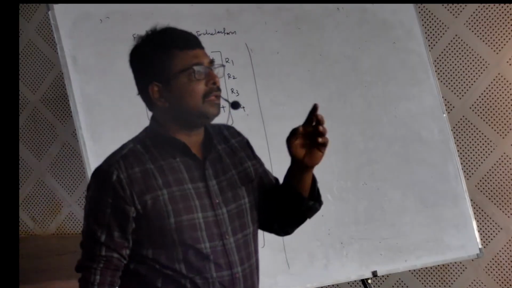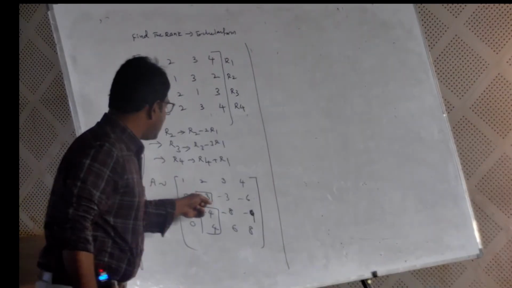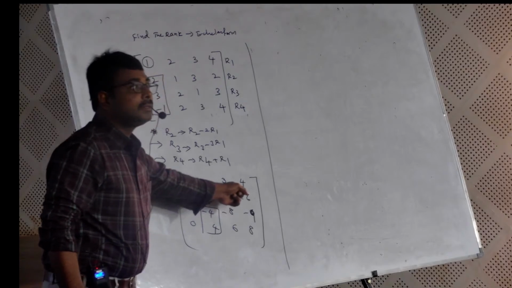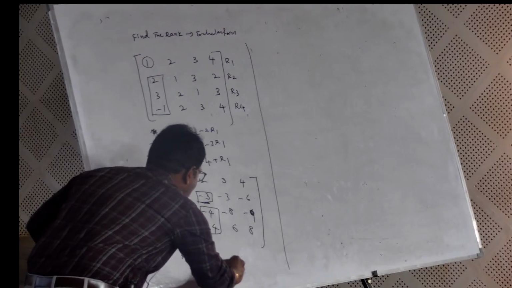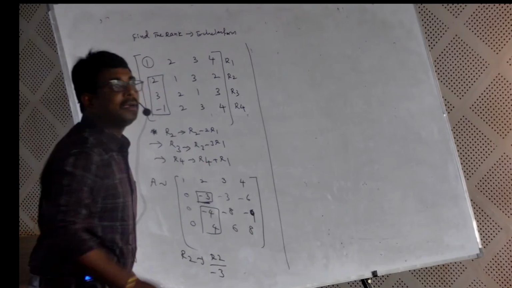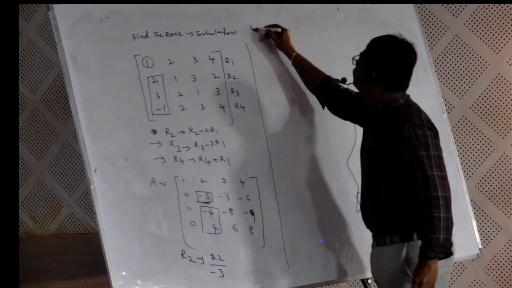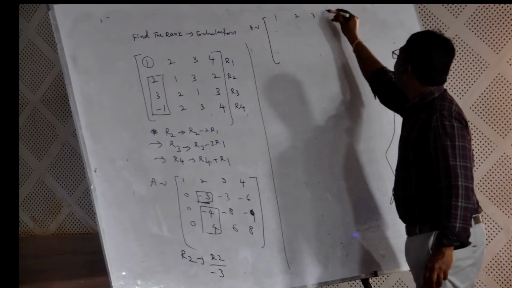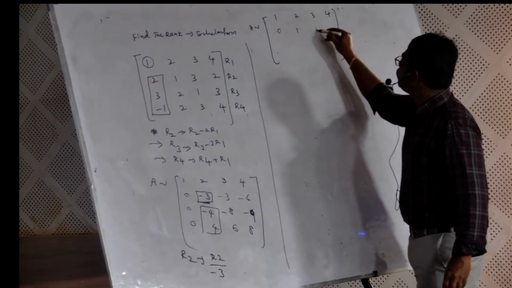But dealing with minus 3 is difficult. Here I have a beautiful idea. What is this element? Minus 3. Now what I do, R2 implies R2 by minus 3. Divide all the elements by minus 3. Then tell me what is the output now? A is equivalent to 1, 2, 3, 4, 0, 1, 1, 2,